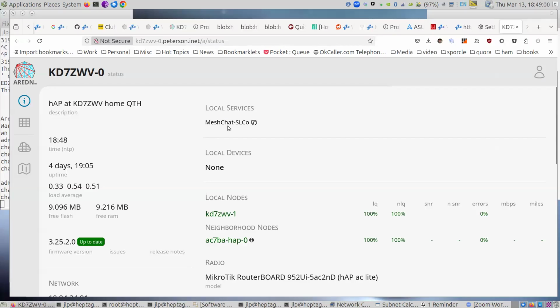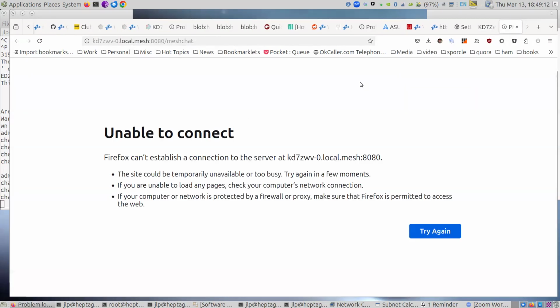If I see under local services here, I have mesh chat running on this node. And so that is actually a link. You see how it heats up when I mouse over it. If I click on that, I'll actually bring up mesh chat. Well, I would if it was going to work correctly, but let me see if I can change this